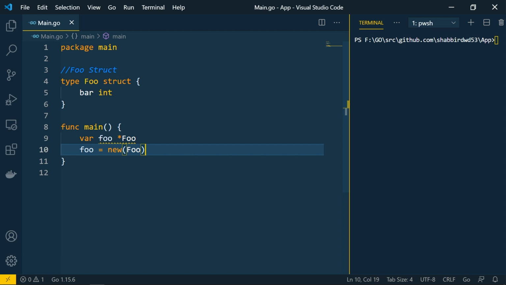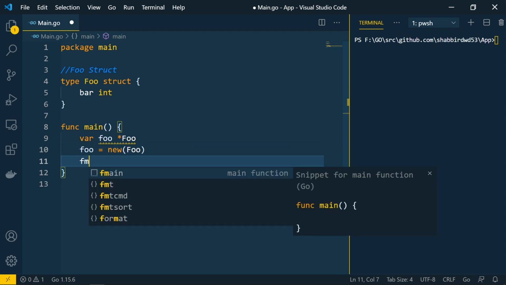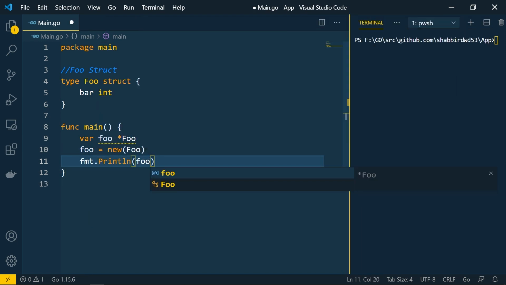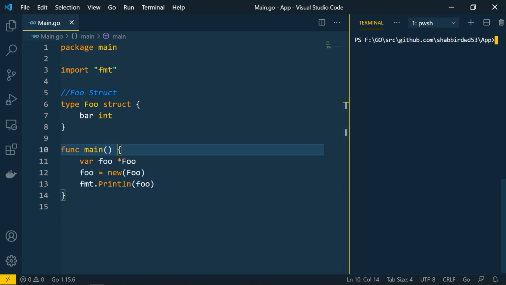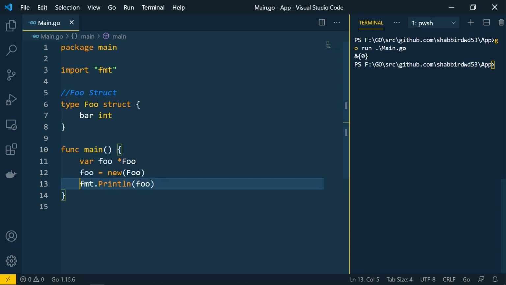So what we did here is we created the memory address and assigned it to our struct. Let's print foo and run this and see what happens. Once we print this, we get an empty struct with the default values. In this struct we have integers, so we are getting the default values for that.